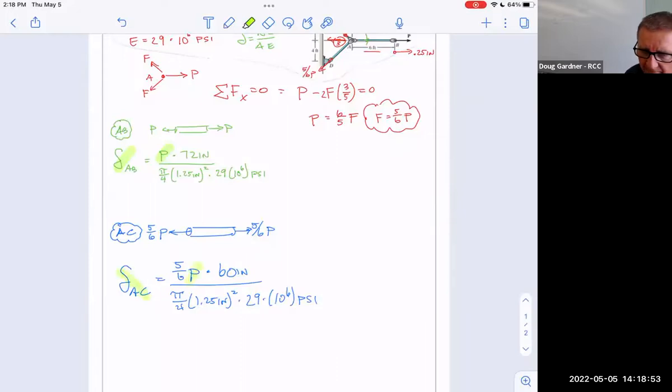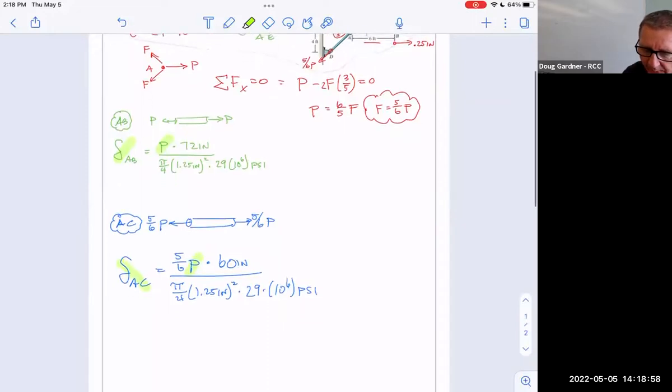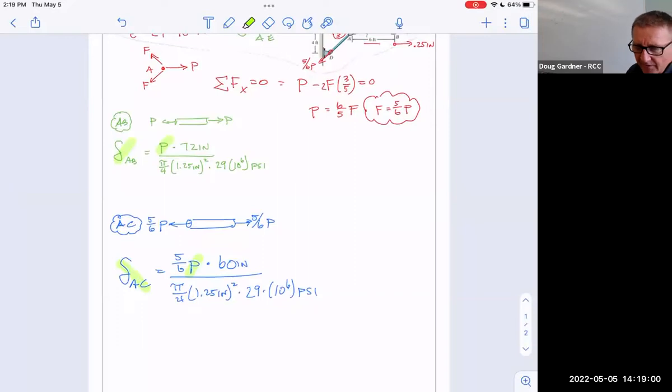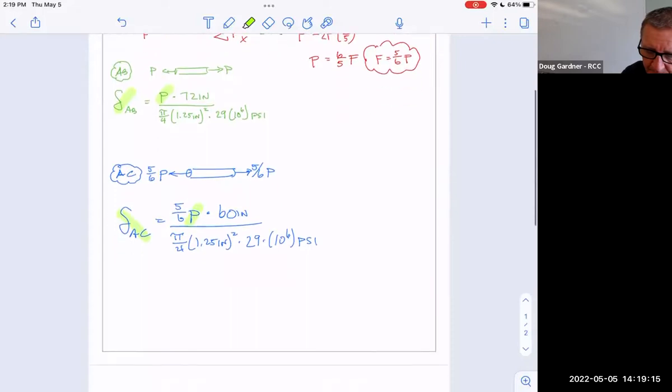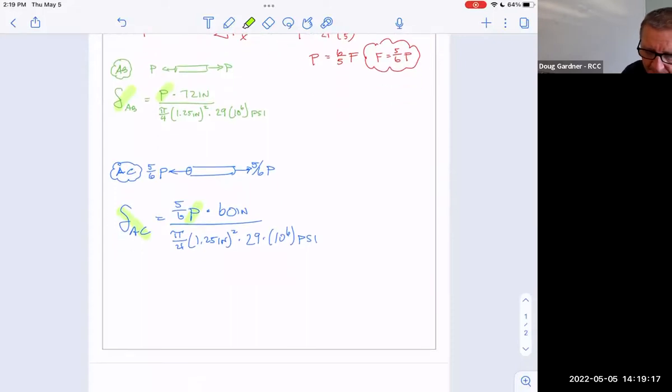So I'm not very happy with these two, but do you agree that I can't say delta AB plus delta AC is equal to 0.25? Because AC is pulling at an angle, right? So it's like, I gotta somehow figure that out. Well, I'm gonna do it kind of old school. So does this make sense? If I switch this to,